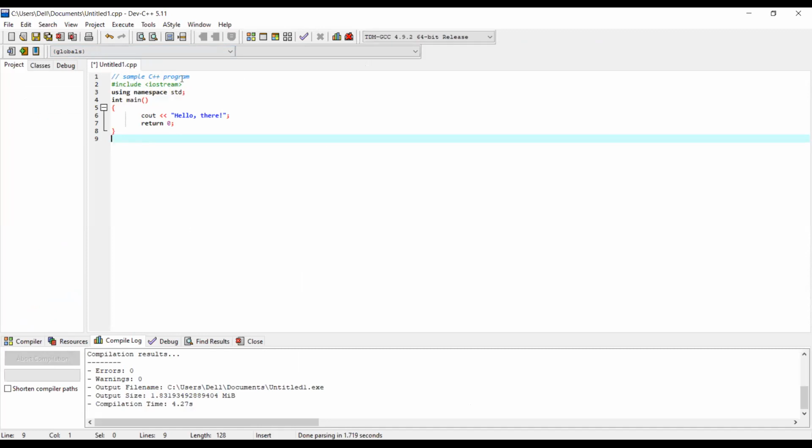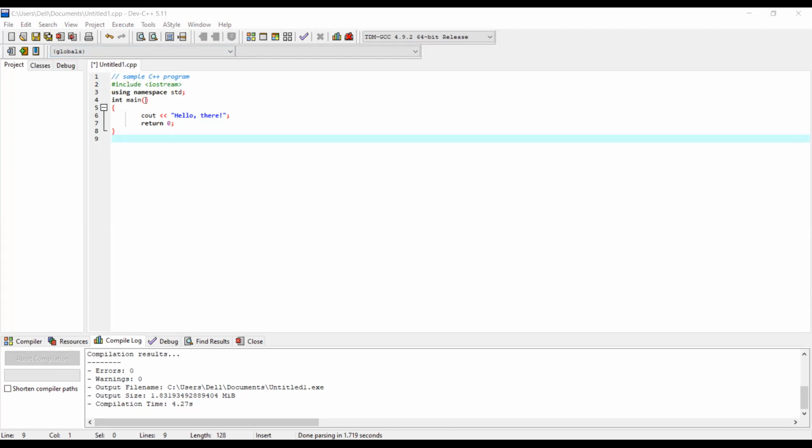The first line is a comment line, so you can see that the comment line becomes blue. Then we have the preprocessor directive #include. You can see that the preprocessor directives become green, and using namespace std remains blank, int main remains blank,